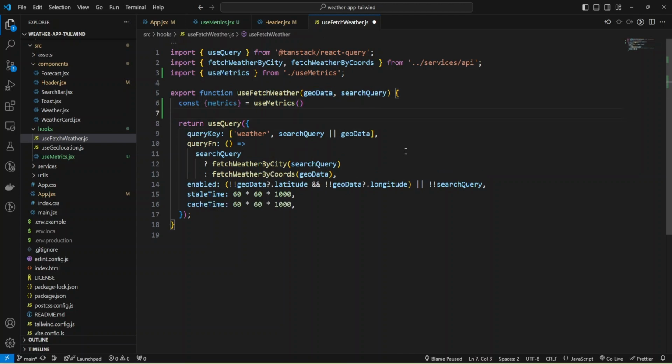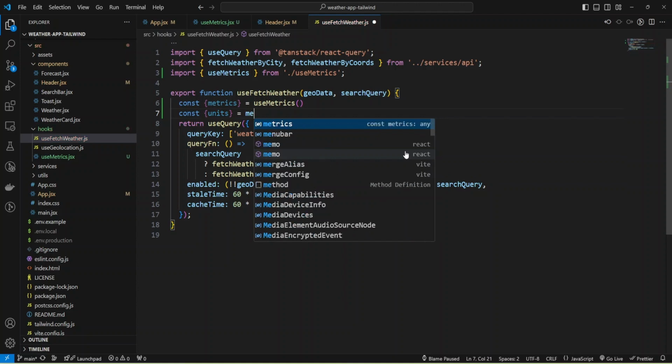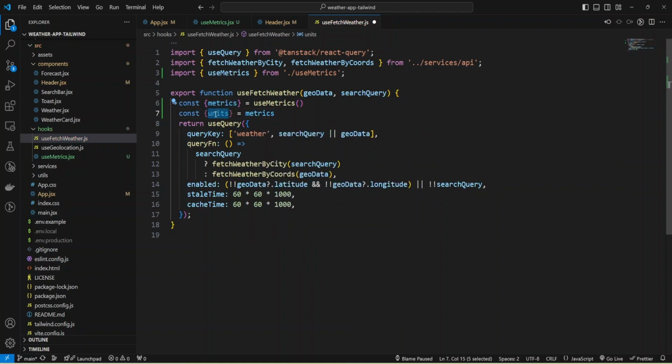Okay, I'm going to extract units with object destructuring, destructure units from metrics, and I have the useQuery hook and query key, and now we need to modify the key to also make sure that we have units,